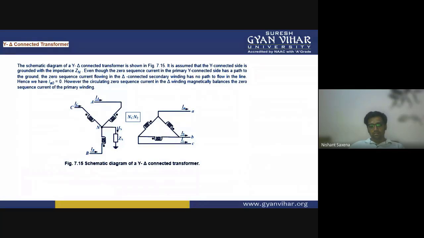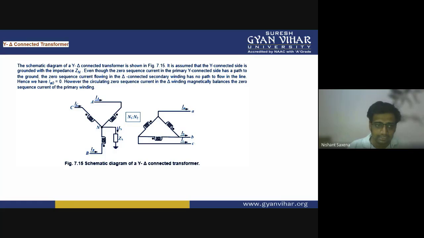Now, moving further, if I talk about the star-delta connected transformers, it would be a mixture of both the star-star and star-delta. I've told you whenever there is a ground, then only the continuity from the phase to the impedance of the positive, negative, or zero sequence impedances would be there. Otherwise, if it is not grounded at the star side, then it will be an open circuit for them. Whereas if it is a delta, then it would be a short between the phase and the neutral.